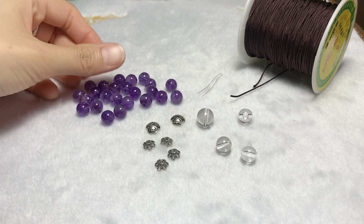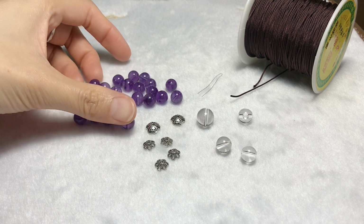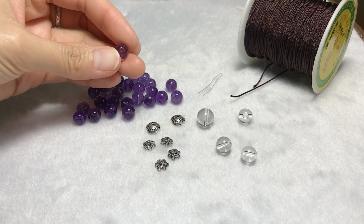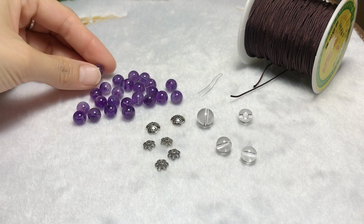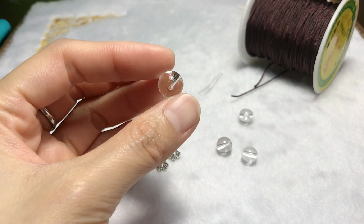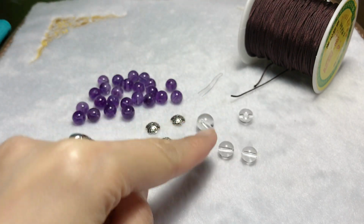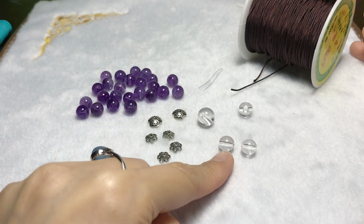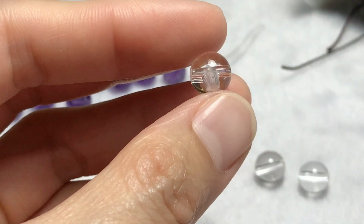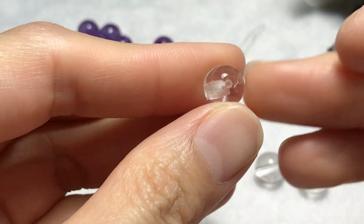I am Karen. Today let's do a DIY jewelry video. I'm gonna make a hand mala beads using 8mm amethyst beads, 24 pieces, and then one of the 10mm clear quartz bead, high quality, and two of the 8mm clear quartz bead, also high quality, and then one of the 8mm clear quartz bead with 3 holes,